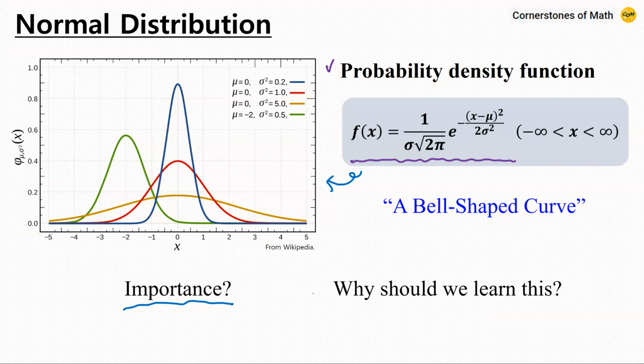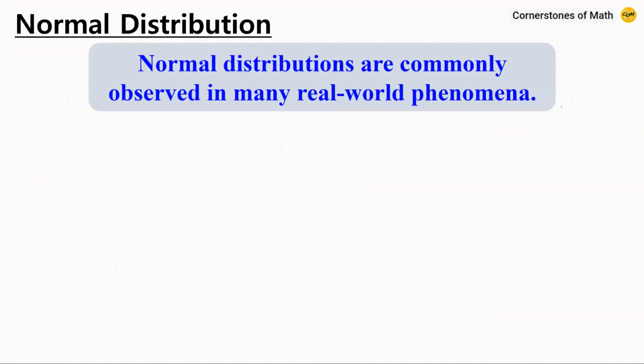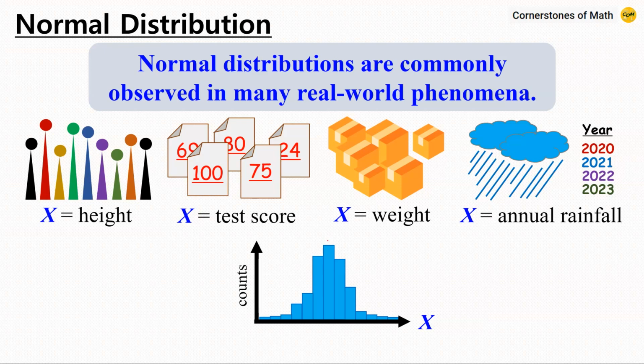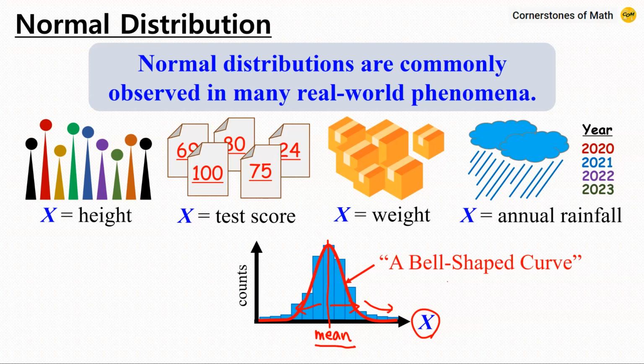Therefore, I really want to start our discussion on normal distribution by briefly stating its importance. That is, normal distributions are commonly observed in many real-world phenomena. For example, if you measure quantities like height of people, test score, weight of some sort of product, or the amount of annual rainfall, then there is a high chance that you will obtain a graph something like this. That is, you get the highest chance of occurrence at the middle of the possible values of our variable x, which is called the mean. And the farther the value of x is from the mean, the less chance of occurrence. Therefore, the number of occurrences of each possible value can be approximated by this curve, which is the famous bell-shaped